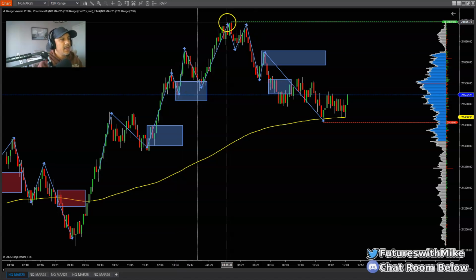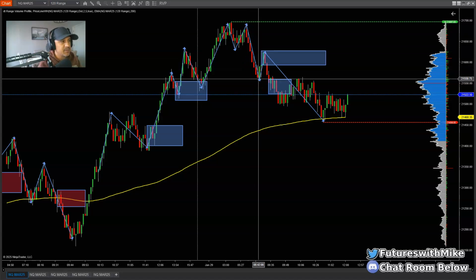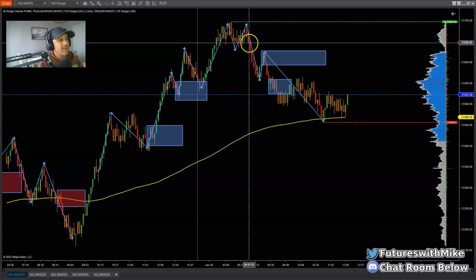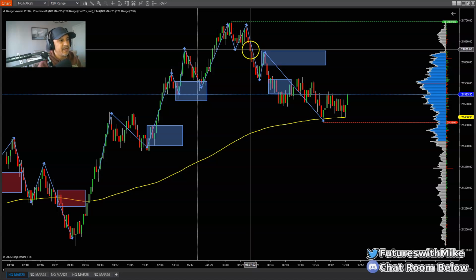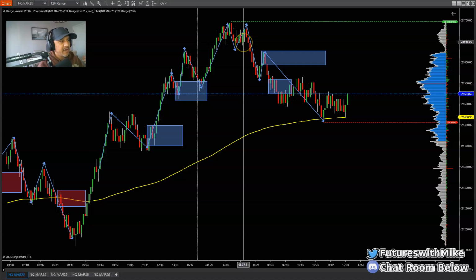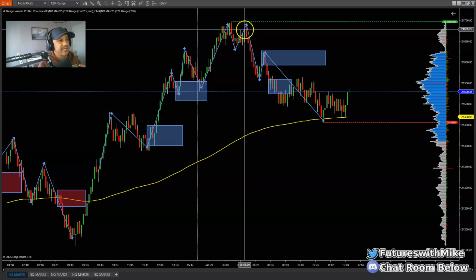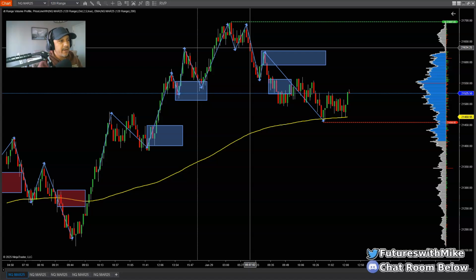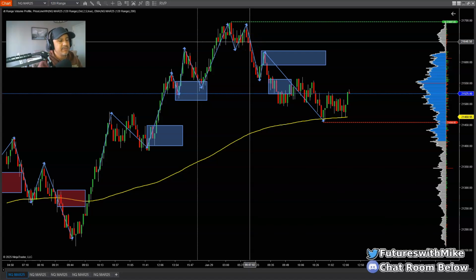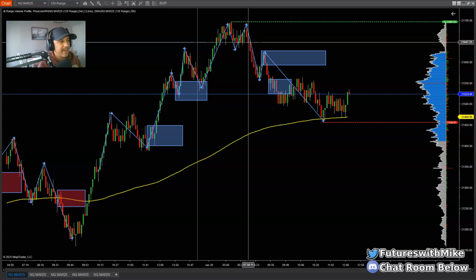Okay, just like right here. Push down, pull back. What was this right here? A great push to the downside. Lots of red candles, right? So in this setup right here, this is low probability, because this candle right here, which broke below this bottom end, this last bullish candle to the upside, came back and closed the gap back at the zone. So when the market moves down and breaks below a certain area, and then comes back and fills what could possibly be a supply zone, and it is still a supply zone on a higher base chart, it's a low probability zone because there is no gap attached to or imbalance resting back at the zone.